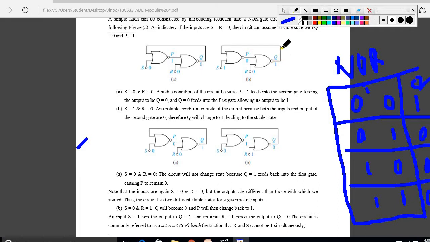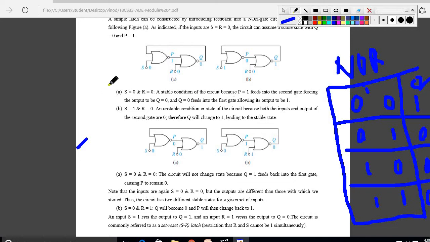So anyhow, this Q1 is fed back to the input of the NOR gate. So if both the inputs of the SR are 1 1, meaning the inputs of the NOR gates are 1 1, our output should be 0, right? And if both the inputs of the NOR gate are 0 0, their output should be 1. So that is exactly how the SR latch works.